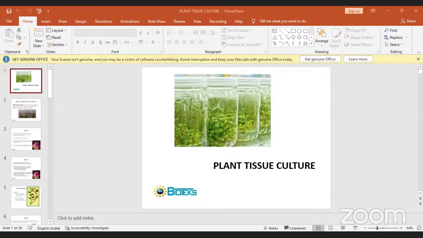So experimental embryology, in contrast to comparative or descriptive embryology, uses experiment as a method of